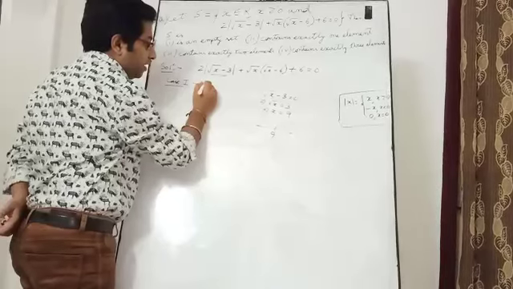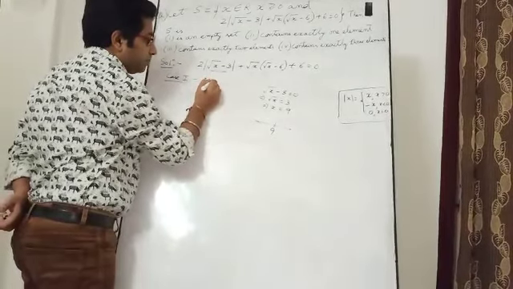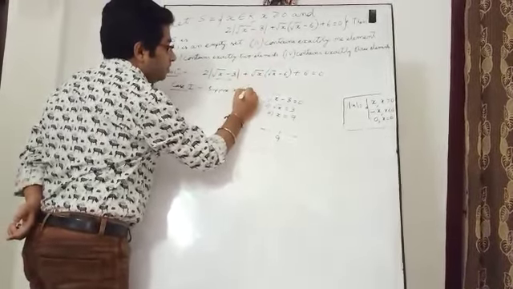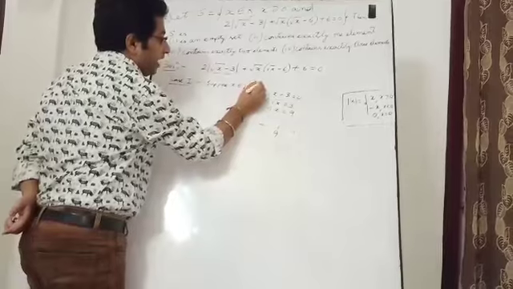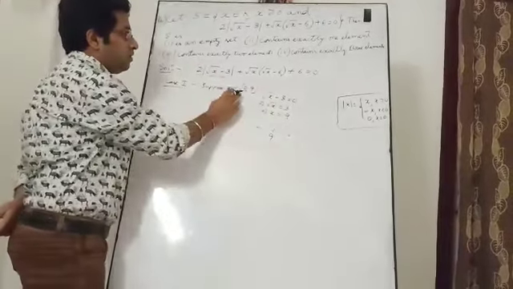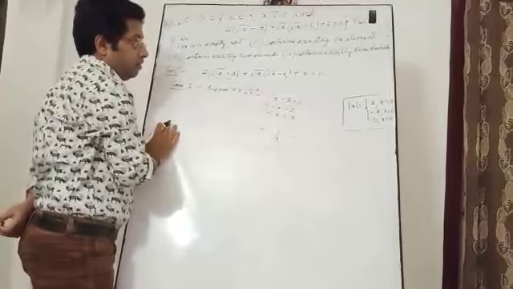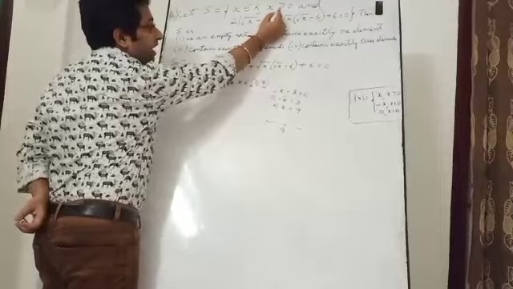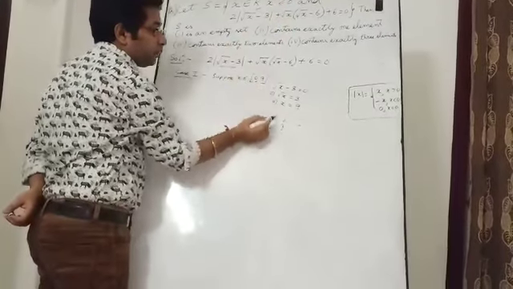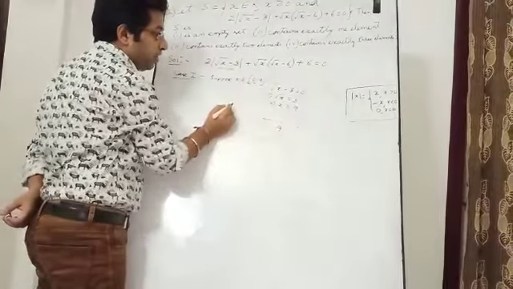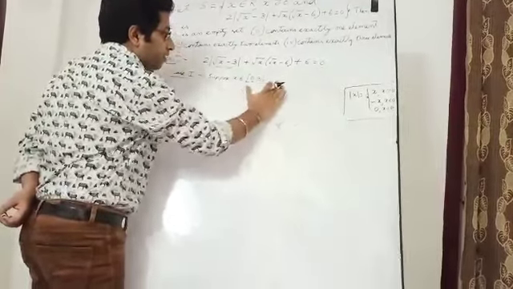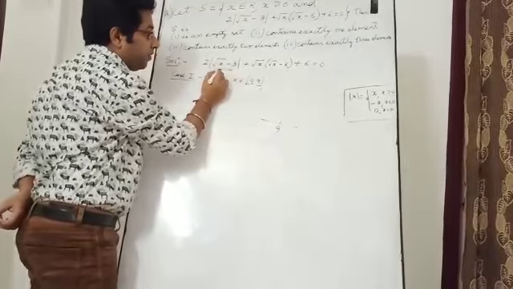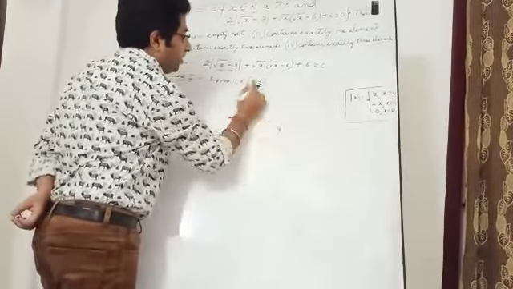So now the first case is, suppose x belongs to the closed interval 0 to 9. Take it, 0 to 9. Why? Because it has been given in the question that x is greater than equal to 0. So from 0 up to 9. Okay, so when you take x belongs to 0 to 9, what will this expression become? Take any number in between 0 to 9.